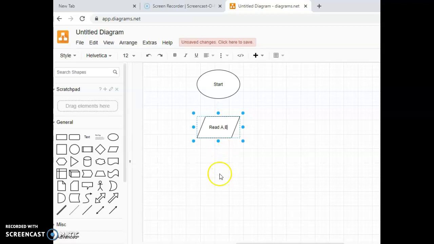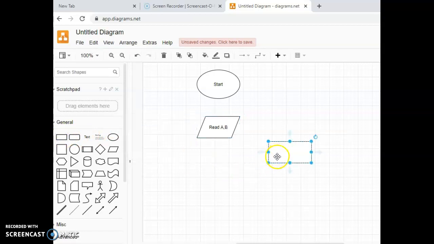The next step is known as a process. For process symbol, we are going to make use of a rectangle. Under rectangle, we can perform the various functions, either the addition, subtraction, multiplication or division or any kind of calculations that are going to take place within a particular program.